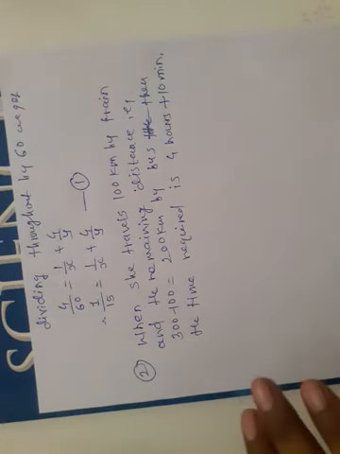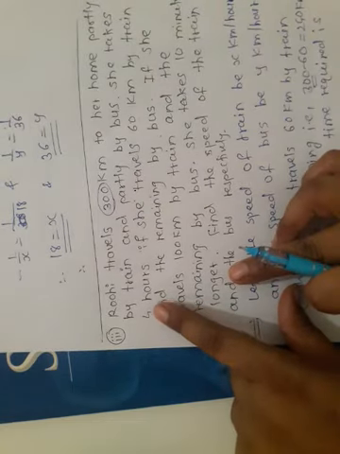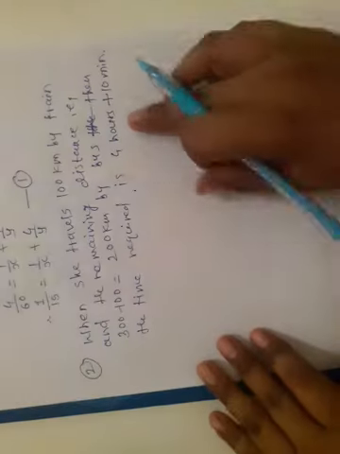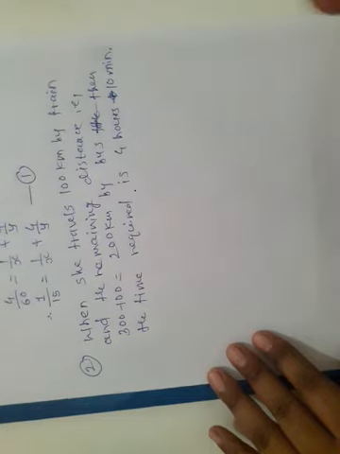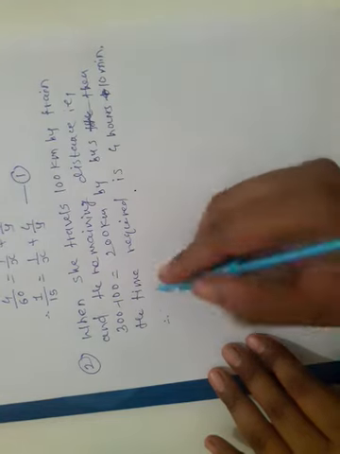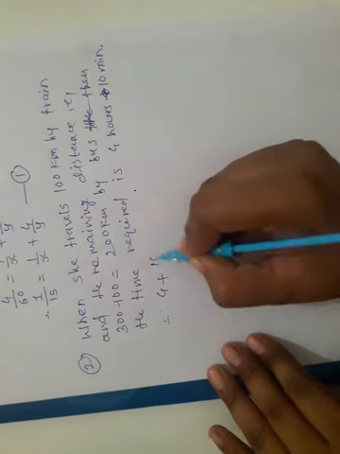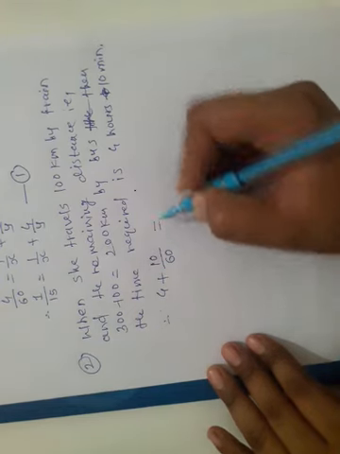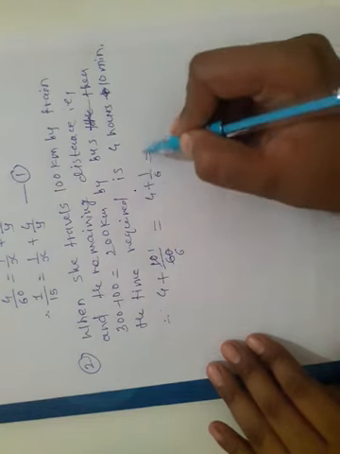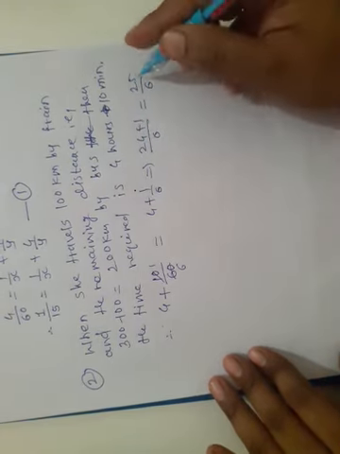The time required is what? More than the first time, more than 10 minutes than the first time. So first time is 4 hours, and she takes 10 minutes longer. So we write it as 4 hours and 10 minutes. What? 4 plus 10 minutes. 10 minutes means out of 60 minutes, 10 minutes are required. So 10 upon 60, 10 ones are 10, 10 sixes are 60. 4 plus 1 upon 6, and we write it as 24 plus 1 upon 6, and we get 25 upon 6. So this is our time.